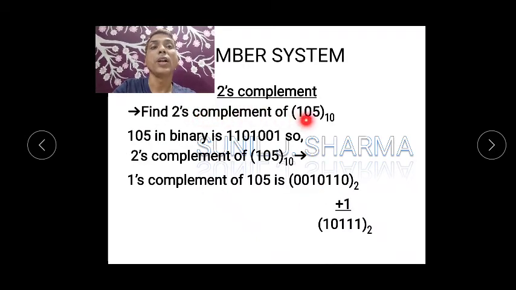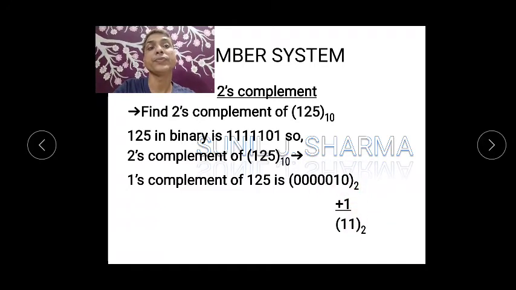Okay, after this we are having 105, so this is binary 105. 2's complement will be, first you have to find 1's complement of this. So we have found 1's complement by replacing 0 by 1 and 1 by 0. Now you have to just add 1. So 0 plus 1 is 1, and everything else will be the same. Okay, can you see we got 125. So first you have to find 1's complement and then plus 1.